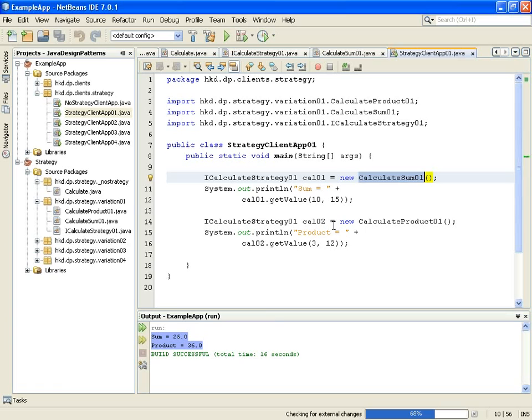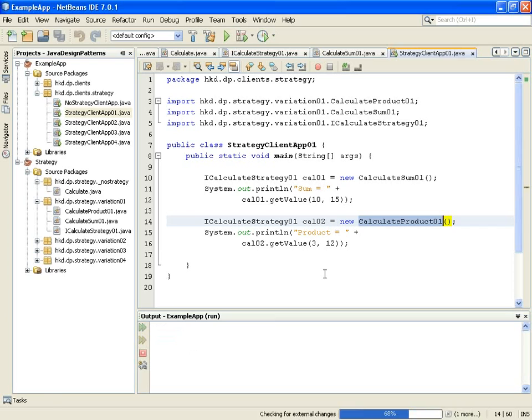I am executing this, and the same result will come. So this is the output: sum 25, product 36.